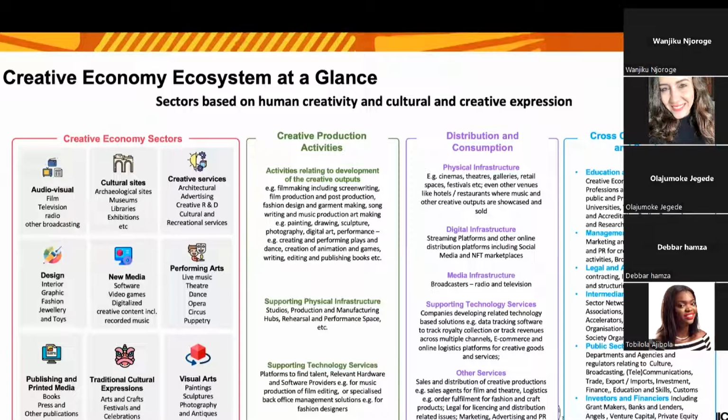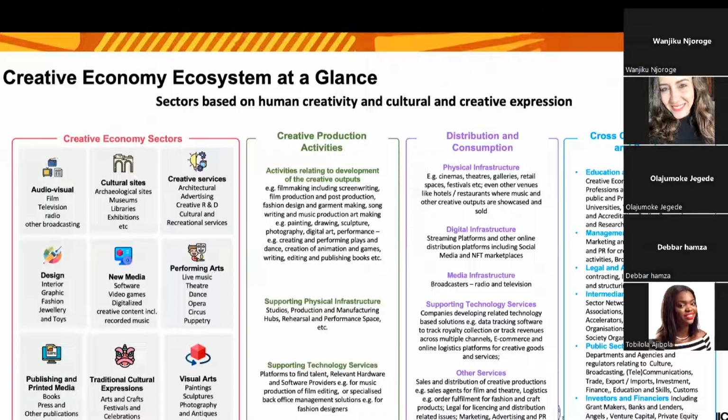The range of activities are often very varied, but we tend to focus on just creative production. Creative production is the process by which creative outputs like clothes or accessories or toys or films or books are made.